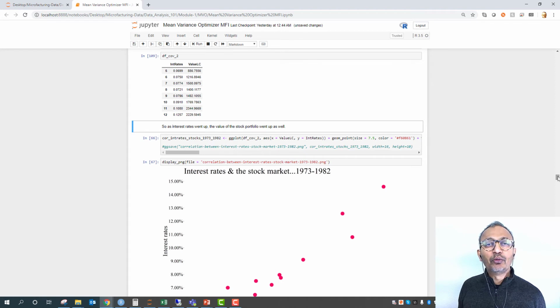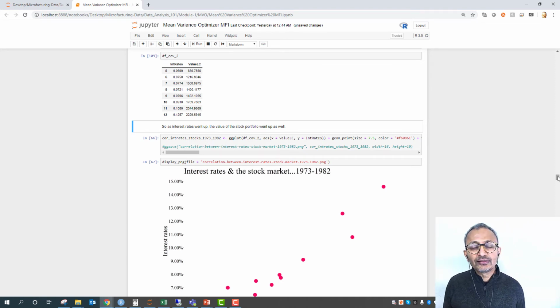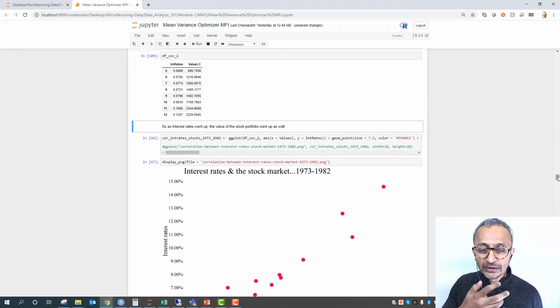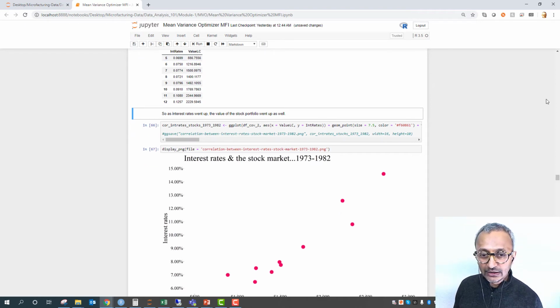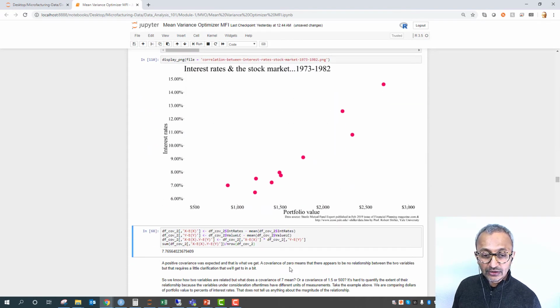And depending upon how the course progresses, and how much you are interested in this kind of stuff, I can pull in more data from other avenues. So we'll talk about it. But when we look at that data series between 1973 and 1982, we see that there is a positive correlation. Basically what that tells you is that as interest rates went up, the value of my portfolio went up. So I'm going to fit another theory saying that, hey, maybe a lot of the